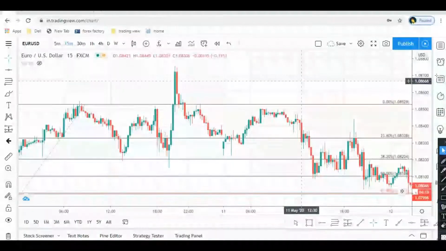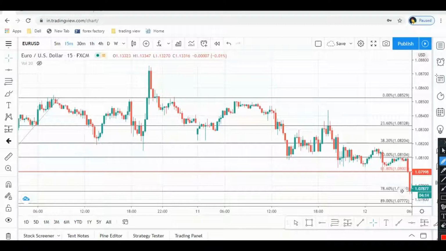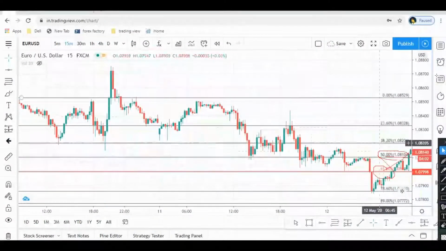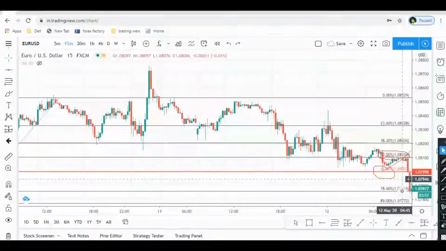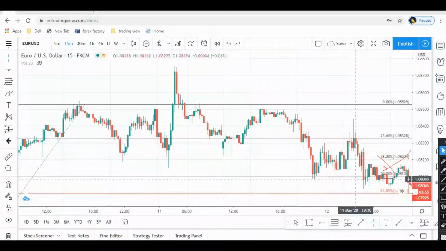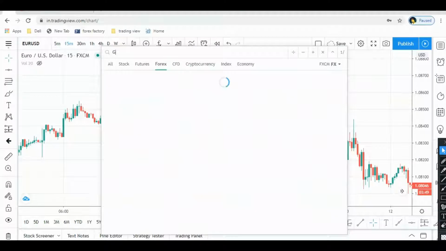It's very interesting. Okay, as I told you, in front of your eyes, as you can see, price exactly touched this place and boom, went up, and exactly this nearest 50%, like next retracement, I took a profit and got out of the trade, and I found another trade. So this is how exactly Fibonacci works. So let me take you to another pair and I will show you in front of you.